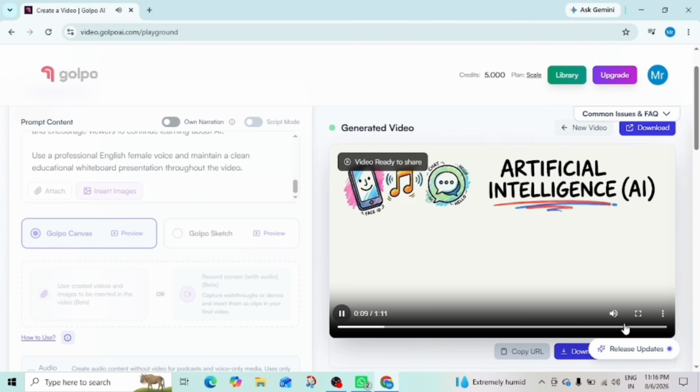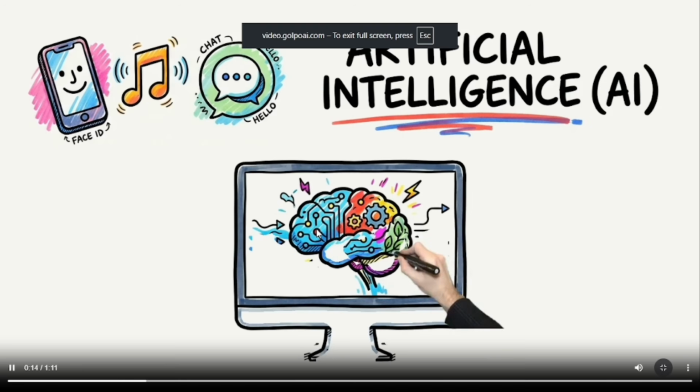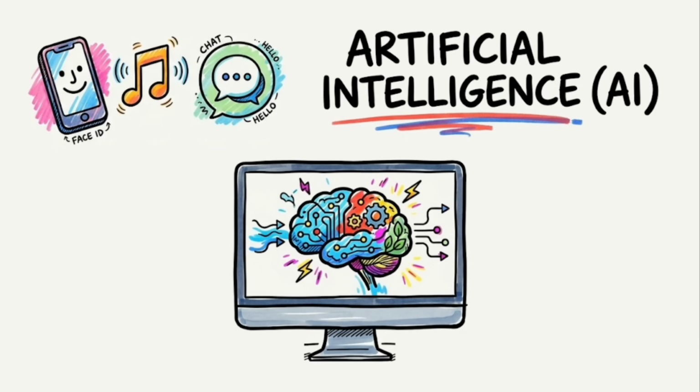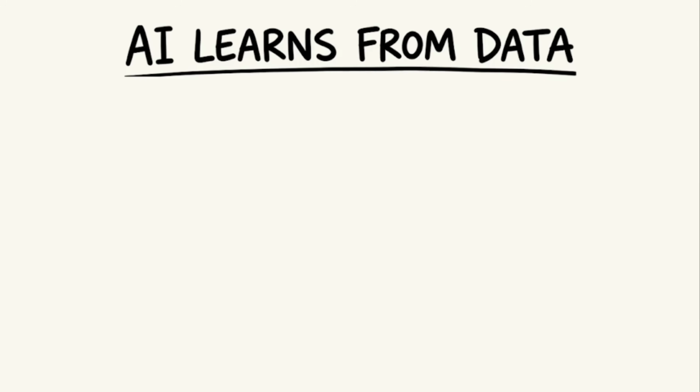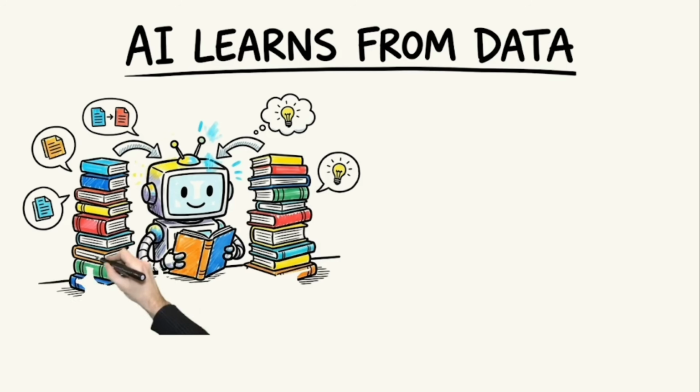And there we go. AI is technology that helps computers perform tasks that normally require human intelligence, like understanding language, recognizing images, or making decisions. Most modern AI learns from data. During training, the system studies huge numbers of